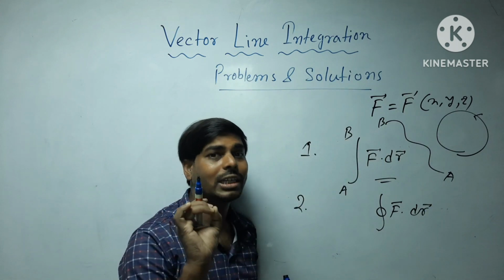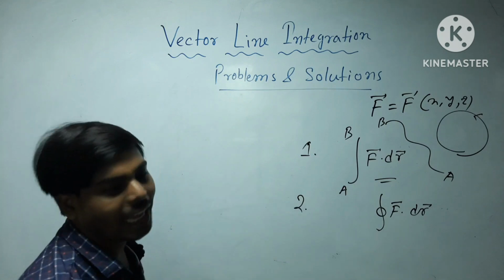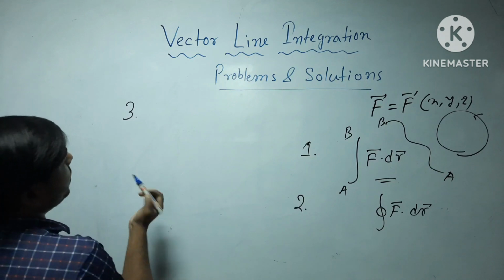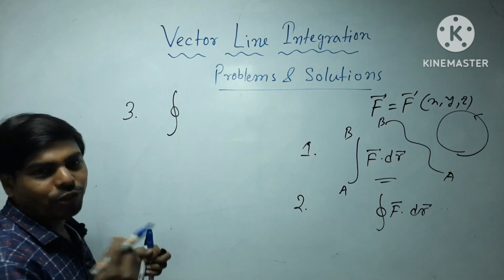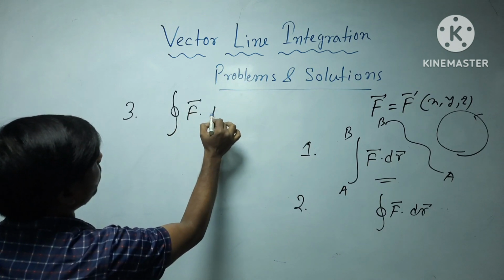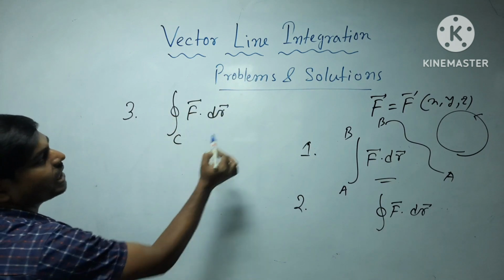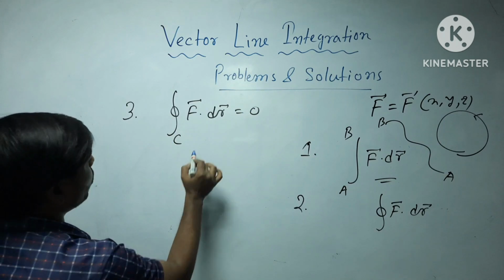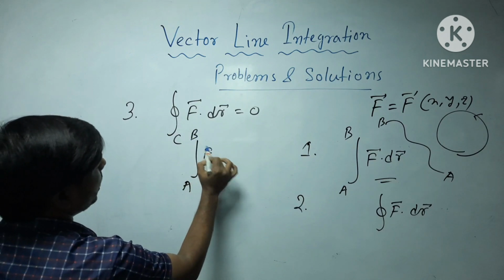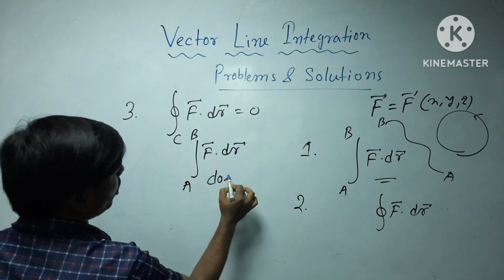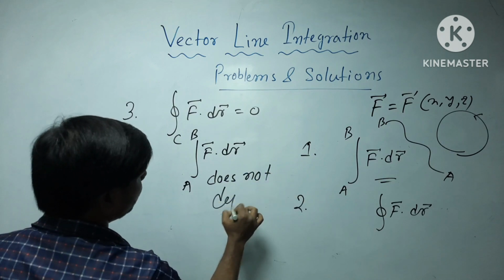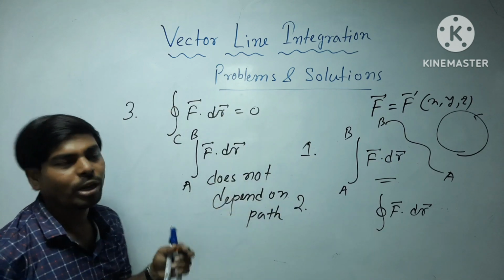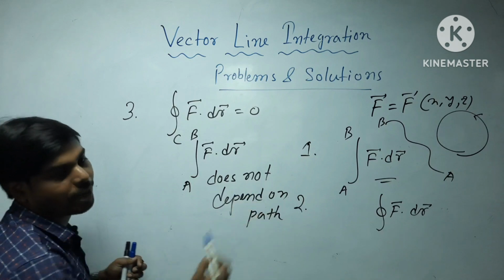We have also got a special piece of information from this line integration. Remember, if the closed line integration of any vector field f dot dr along a closed curve c is 0, or if a to b f dot dr does not depend on path, either of these two, or both, if f dot dr does not depend on a path,